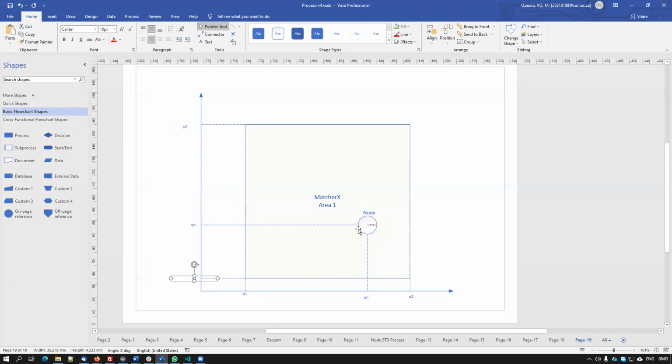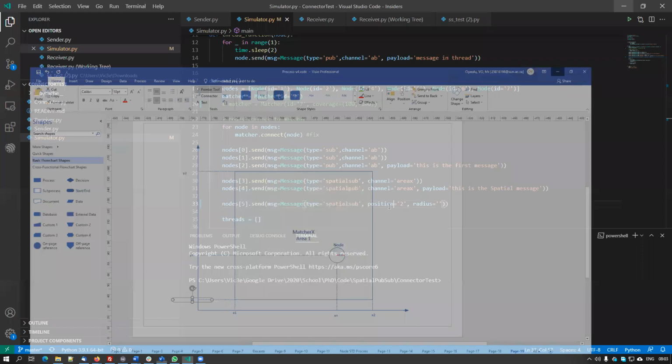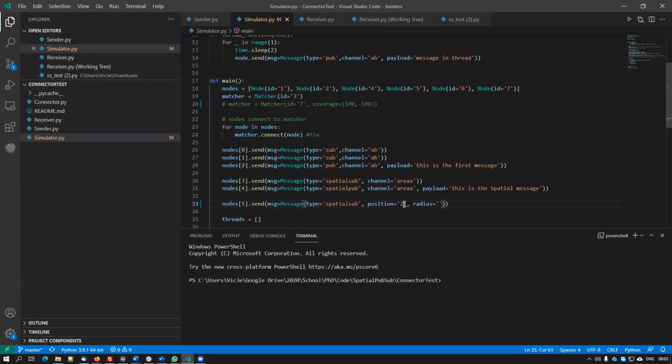However, if we specify position, then it specifies coordinates, right? And now the challenge I guess I face is